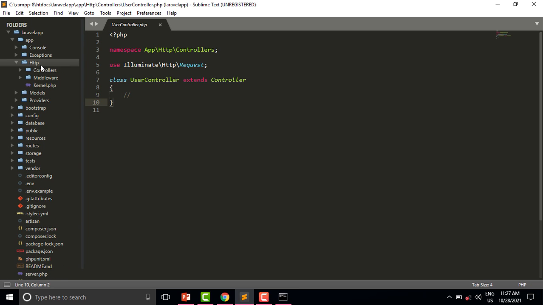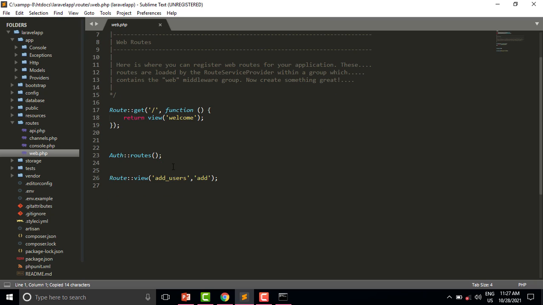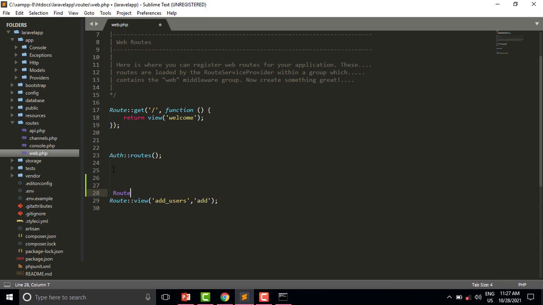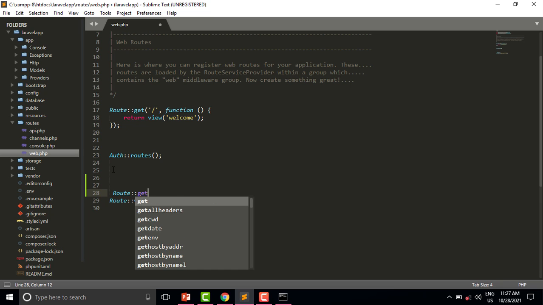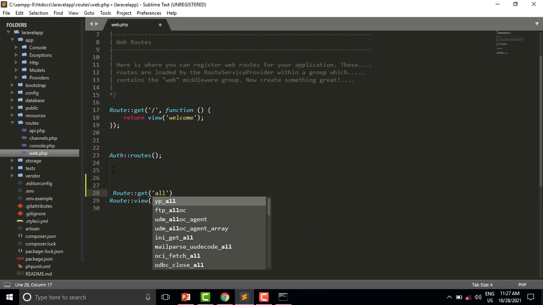So let us create the route for this controller, UserController. Open the routes web.php. Route::get, and in the first parameter we will pass the URL which we want to pass in the browser. For example, I want to show all users, so /users.